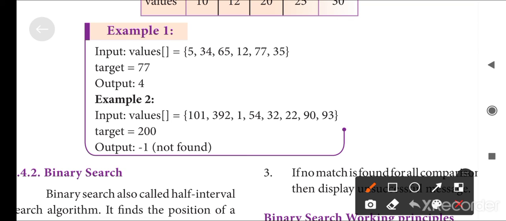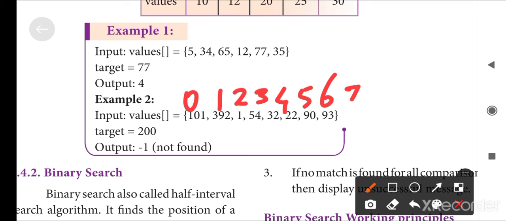Here 101 has index 0, 392 has 1, 1 has 2, 54 has 3, 32 has 4, 22 has 5, 90 has 6, and 93 has 7.